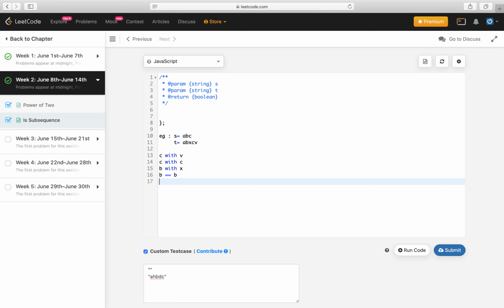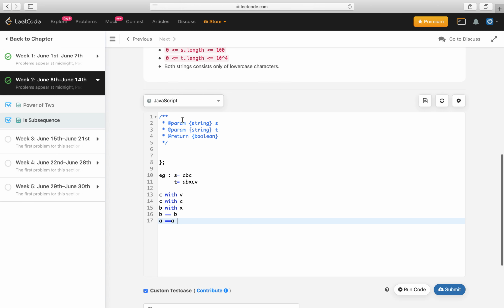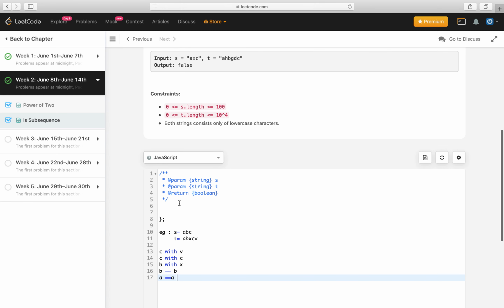We will reach A, and we compare A with A, which is equal, so S is a subsequence of T. So in this case it has a linear complexity, and let's start trying to solve it.